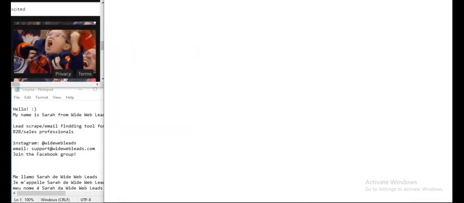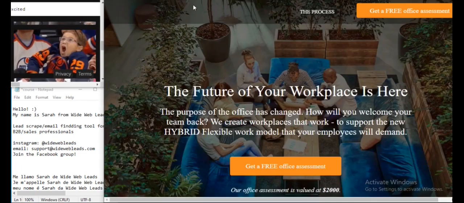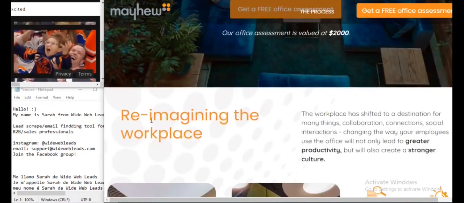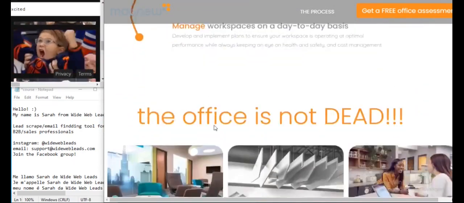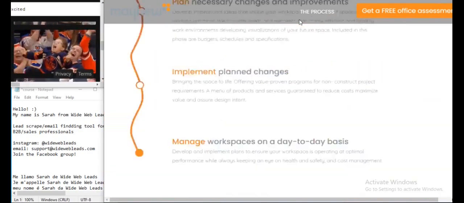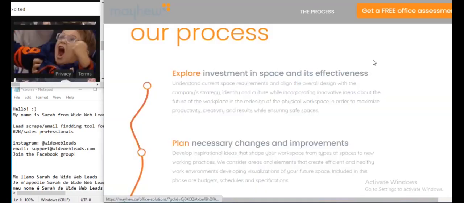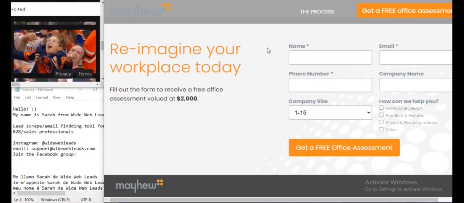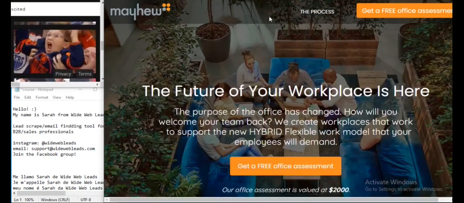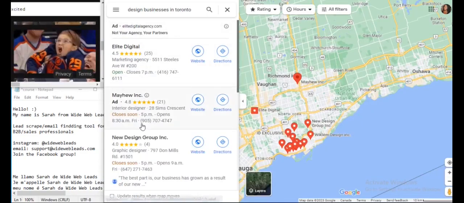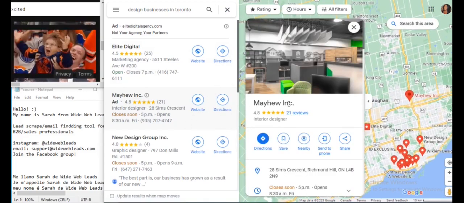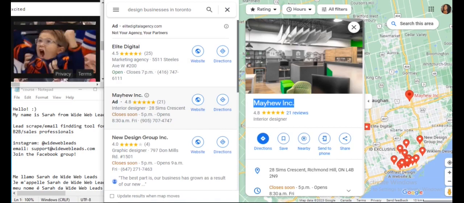This one here, Mayhew, and they're a B2B workspace. Do they have a blog portion? No, they do not. So it seems to be like a one-page website, emails and signups essentially on the page. So yeah, I love one-page websites. They're my favorite. But yeah, this one would be one that I would write down. So I'm going to click on that, go here.